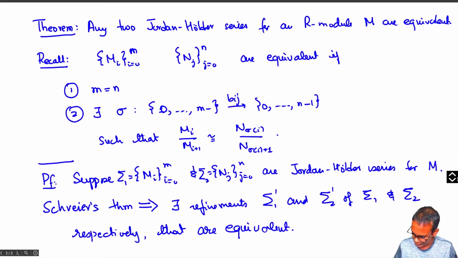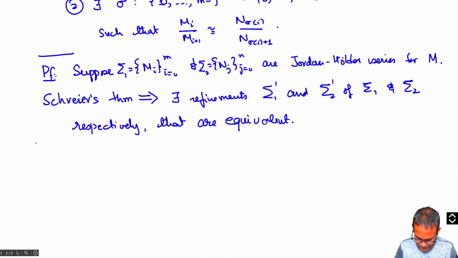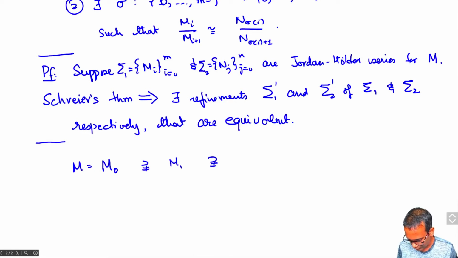So if sigma 1 is something like M0, M1, M2, up to Mn equals 0, then you will be adding terms in between which are either equal to